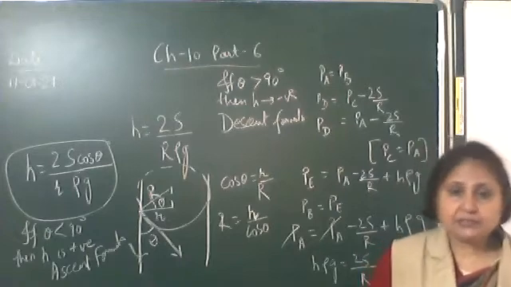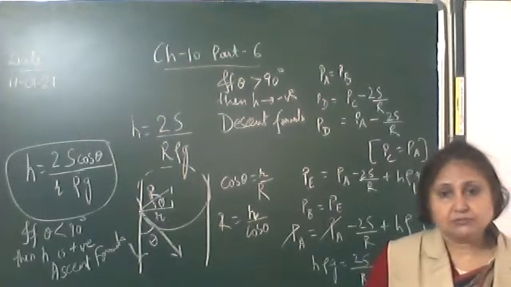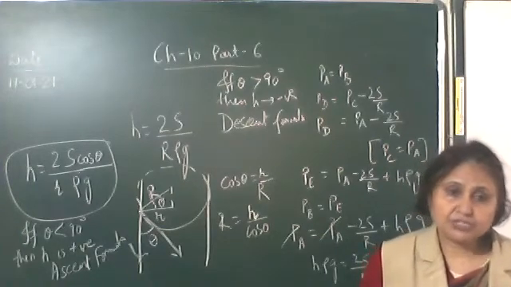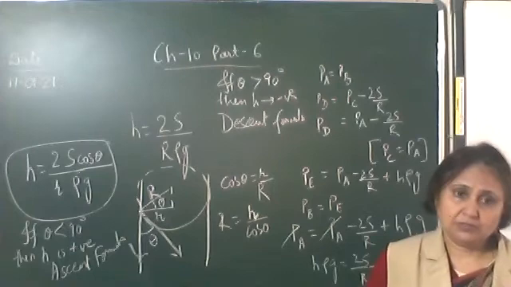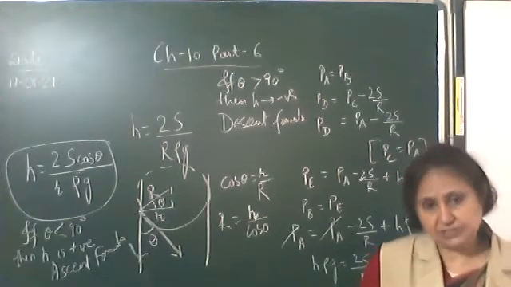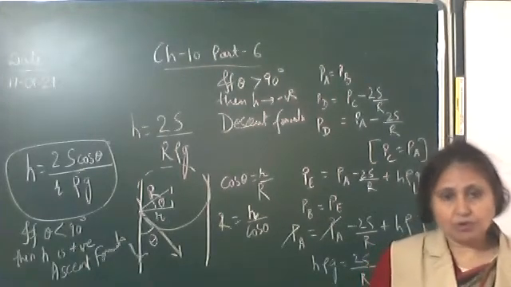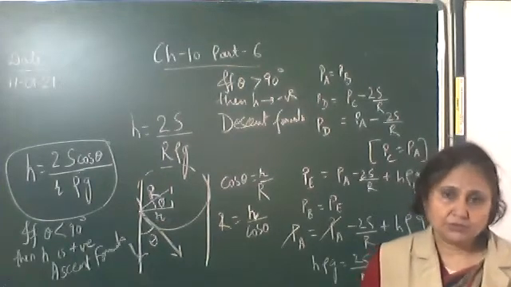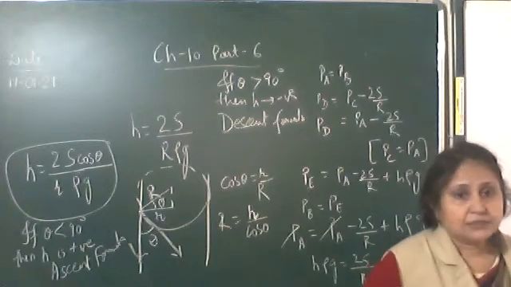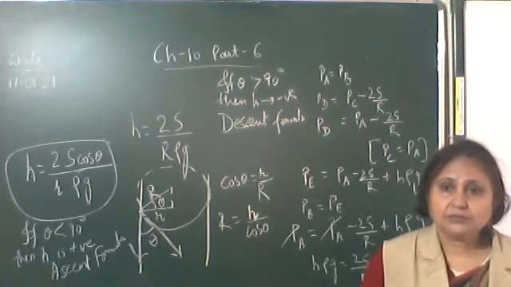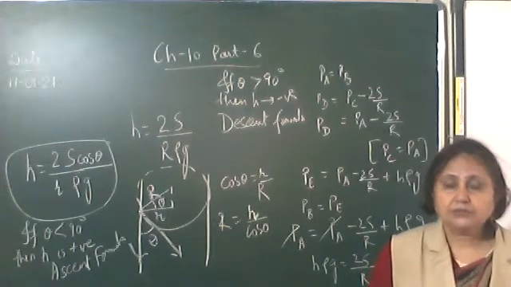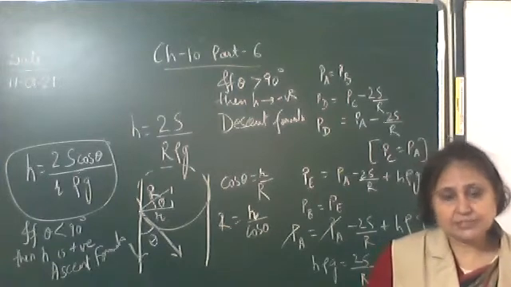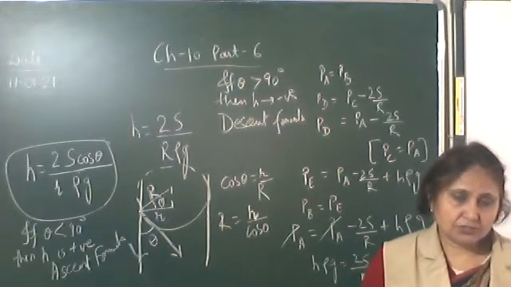Right, the second factor is the temperature. With the temperature also the surface tension of the liquid changes. And how does it change? With the rise in temperature, the surface tension of the liquid decreases. Like hot water has less surface tension as compared to cold water. So write down the second factor: with the rise in temperature, the surface tension of liquid decreases.